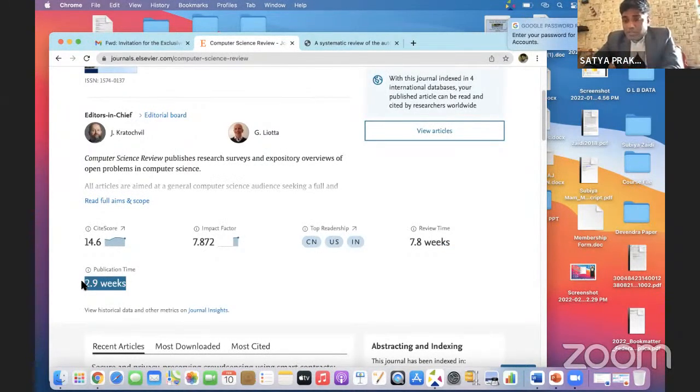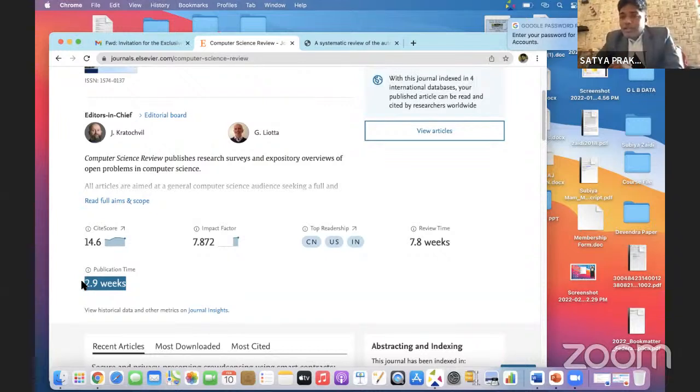About the first transfer mode? Suppose you are submitting the article today in this journal, then this journal will take 2.9 weeks either to process it further for reviewing, or send it back to you. They may say this is the problem in your article, or we are not processing it, or you are out of scope, so we are not considering your task. This type of thing you can get in 2.9 weeks.